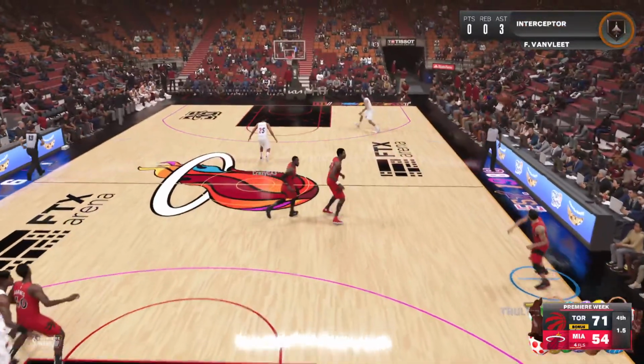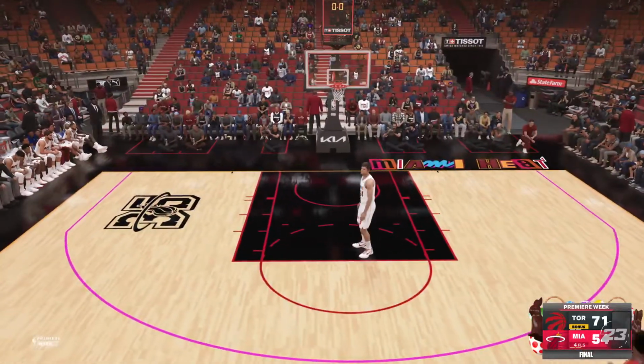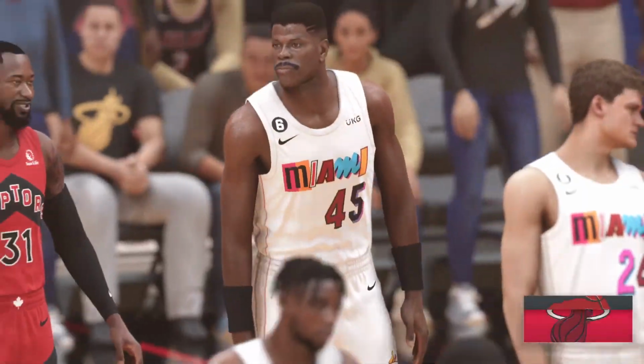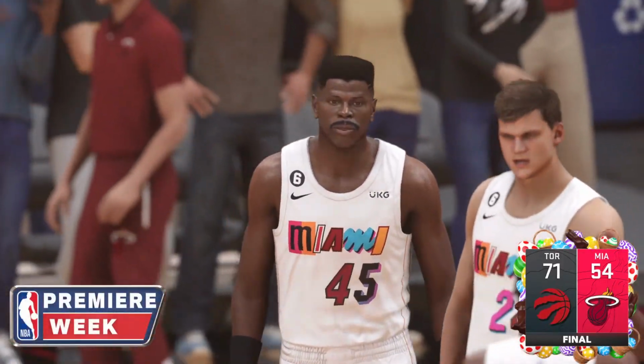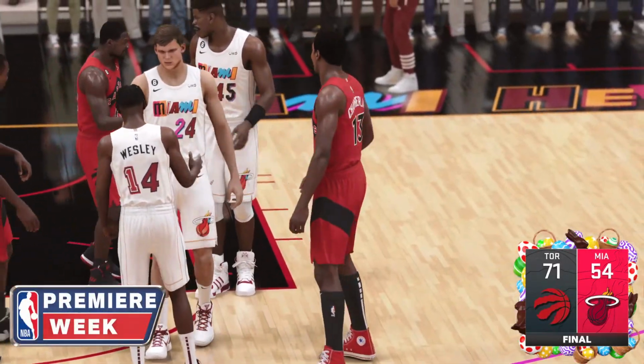Stolen by Van Vliet. Misses. And so Toronto takes this one, but by a big margin. This crowd was stunned by the manner in which their team was dismantled. You know what? Shocking. I don't care what the matchup is. You never